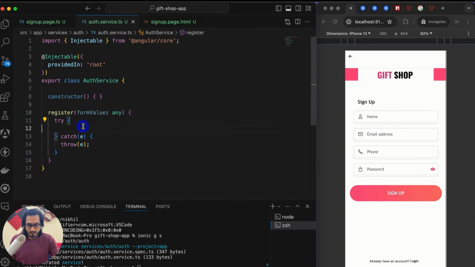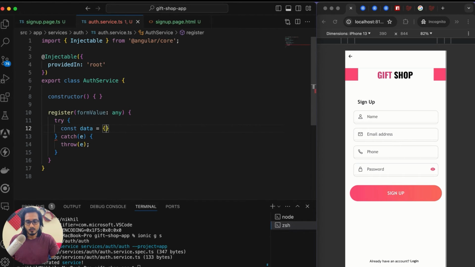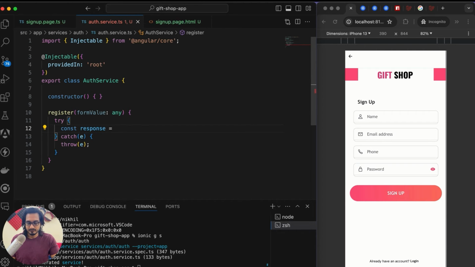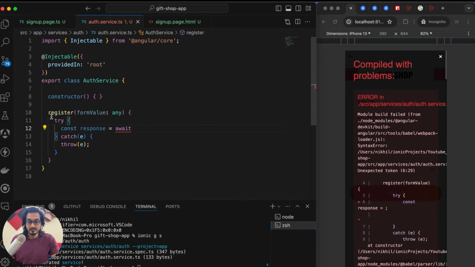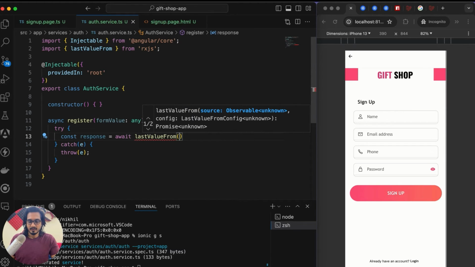But in the try block, I'm going to create a constant called data that's going to be equals to, well, I think I don't need to create it. I can directly pass this thing. Because whatever data I'll be getting, I'll directly pass it. I don't need to create and separate everything, because the name and everything is same. I'll create a constant called response here that's going to be equals to await. So I need to use async here. Async last value from, okay, and